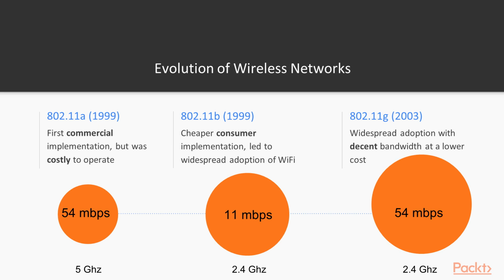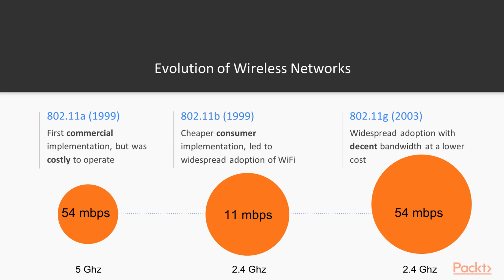The good thing about this spectrum is because it was a larger number in this 5 gigahertz spectrum, it had more ability to hold more bandwidth, and so it can operate up to 54 megabits per second, which was a very respectable speed. Now in 1999 though, because of this expensive implementation, there was a cheaper version that came out that operated in the 2.4 gigahertz spectrum, and that's called 802.11b, and this is the first widely accepted one in